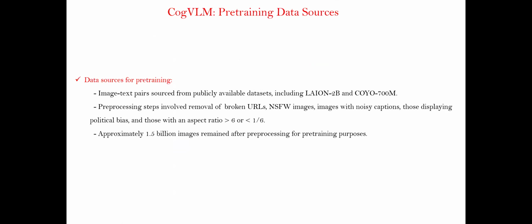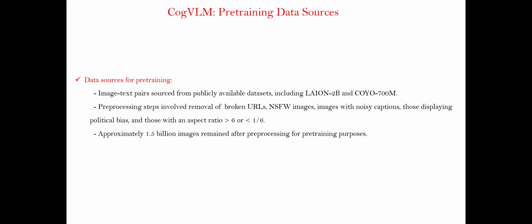So in this part, we will discuss the pre-training data sources as well as pre-training configurations related to CogVLM. The data sources considered for pre-training are the image-text based datasets that are available online, open source and publicly available datasets, including LAION-2B and COYO-700M. There are certain data pre-processing steps involved over LAION-2B and COYO-700M in order to remove